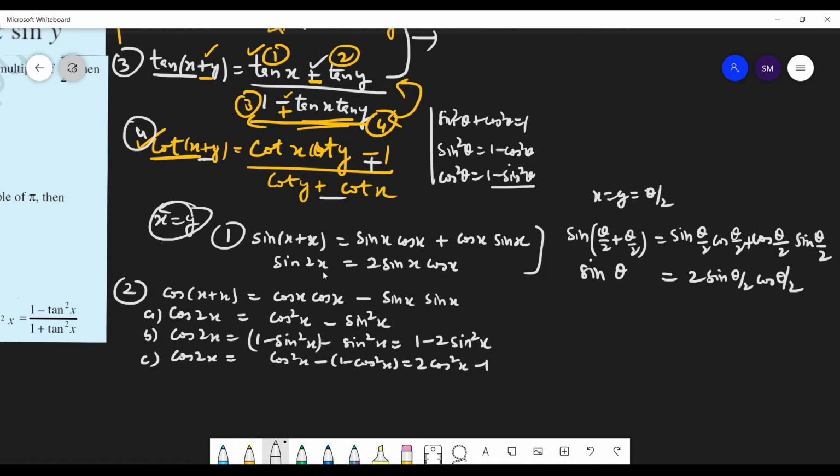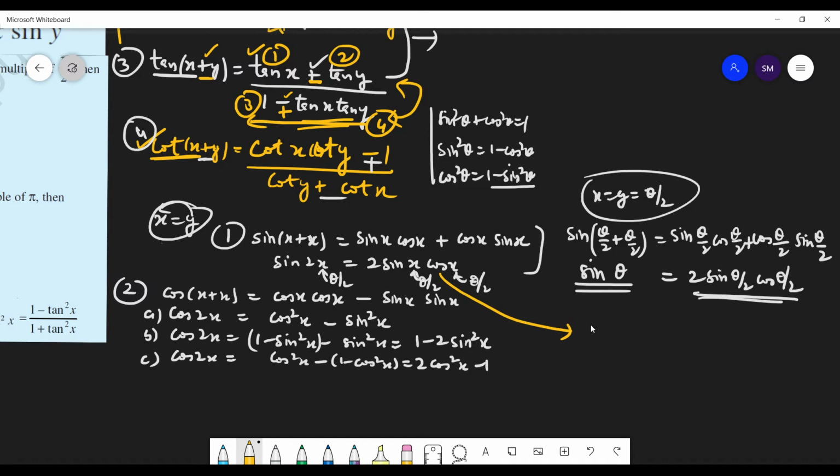So what you can do is put x equals to theta by 2. So instead of writing everything again, simply put x equals to theta by 2. Even in this equation, you will get sin theta equals to this. So students, you have 2 formulas. One is sin 2 theta and another is only sin theta. So angle is half, so here also angle will be half. Now see how this question can be asked.